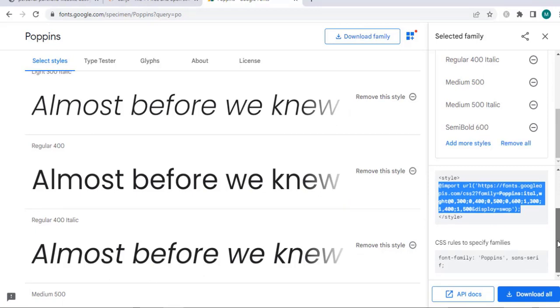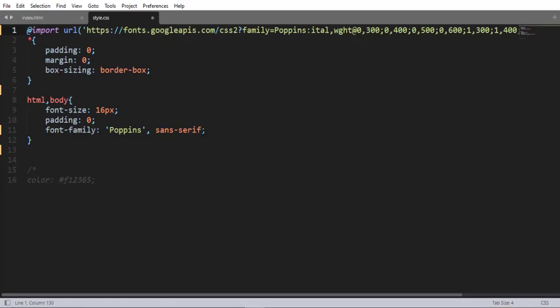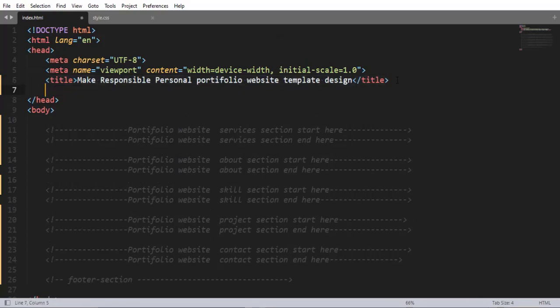Now again here we have font family right here. So copy this and come over here and paste right here. Here we have HTML and body element selector. So the font size is 60 pixels right here. So now what we are going to do is link this style.css with an HTML document using a link tag